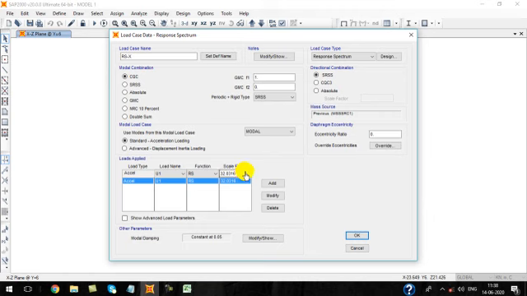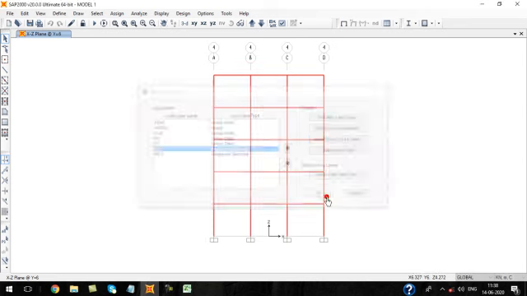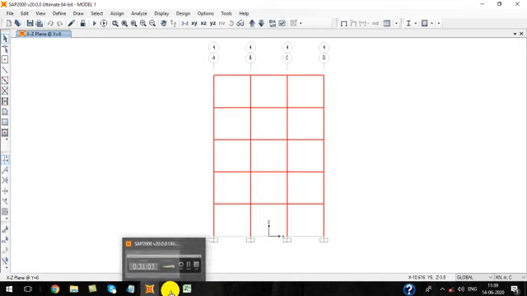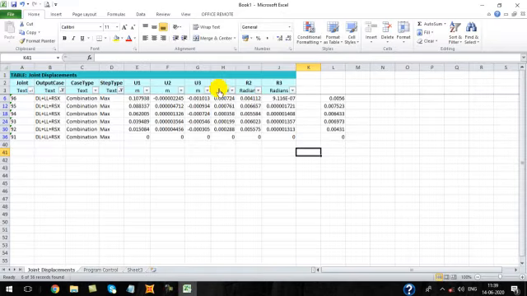So for deformation, this correction need not be applied. So better we change this to 9.81. They should be changed to 9.81. After that, you run the analysis once again. No need to design because it is already designed. Then you extract the values, check the load combinations, then check your drift value for response spectrum condition.